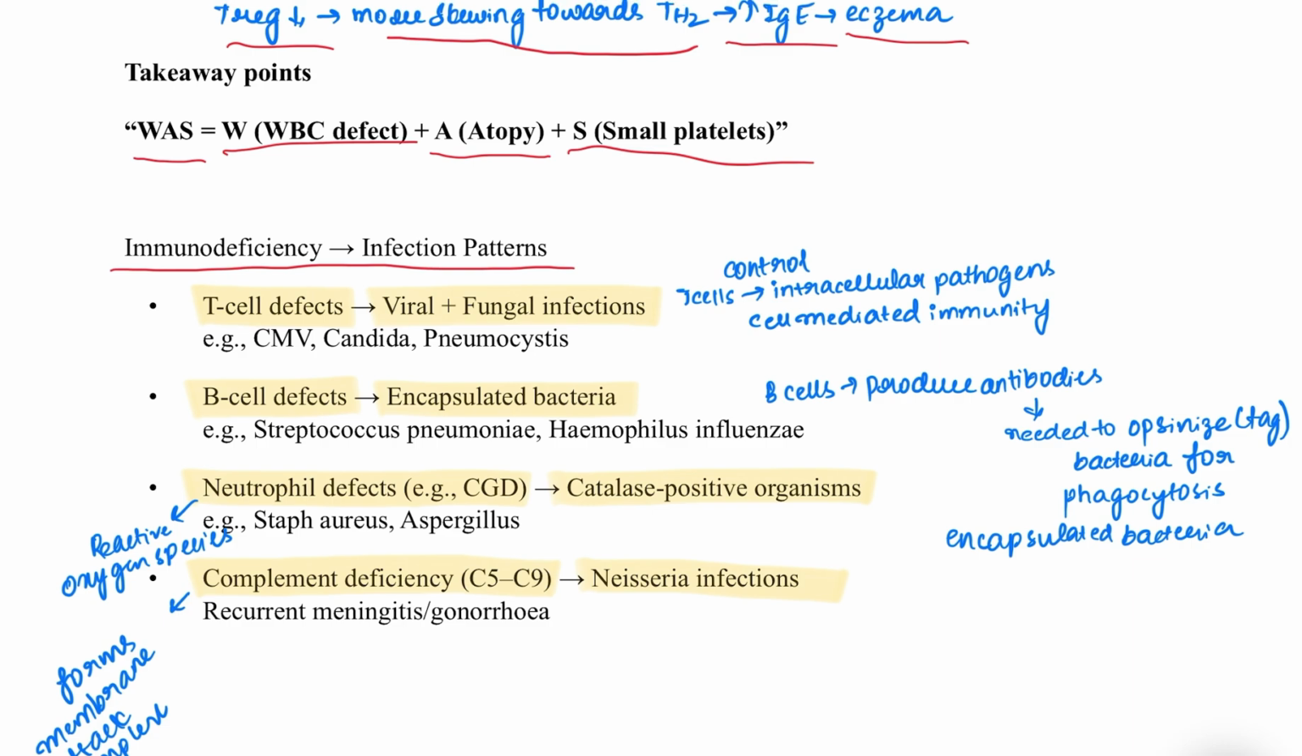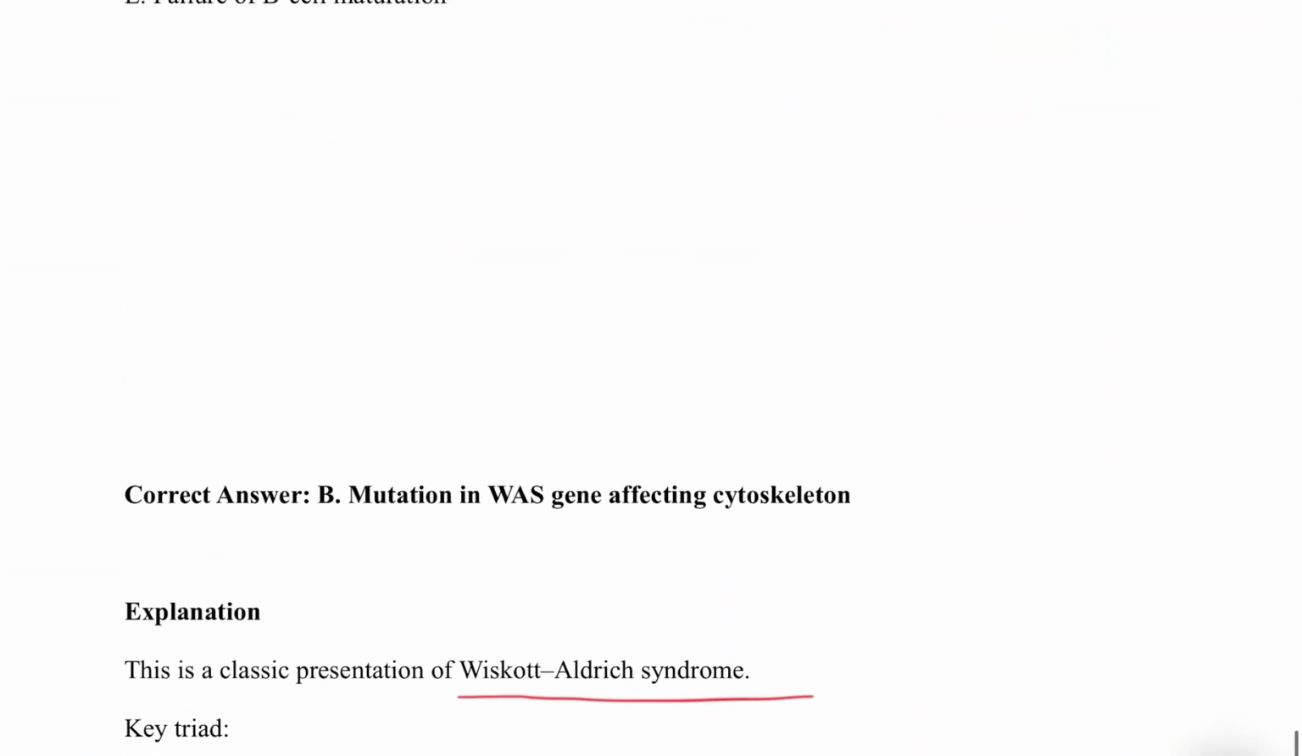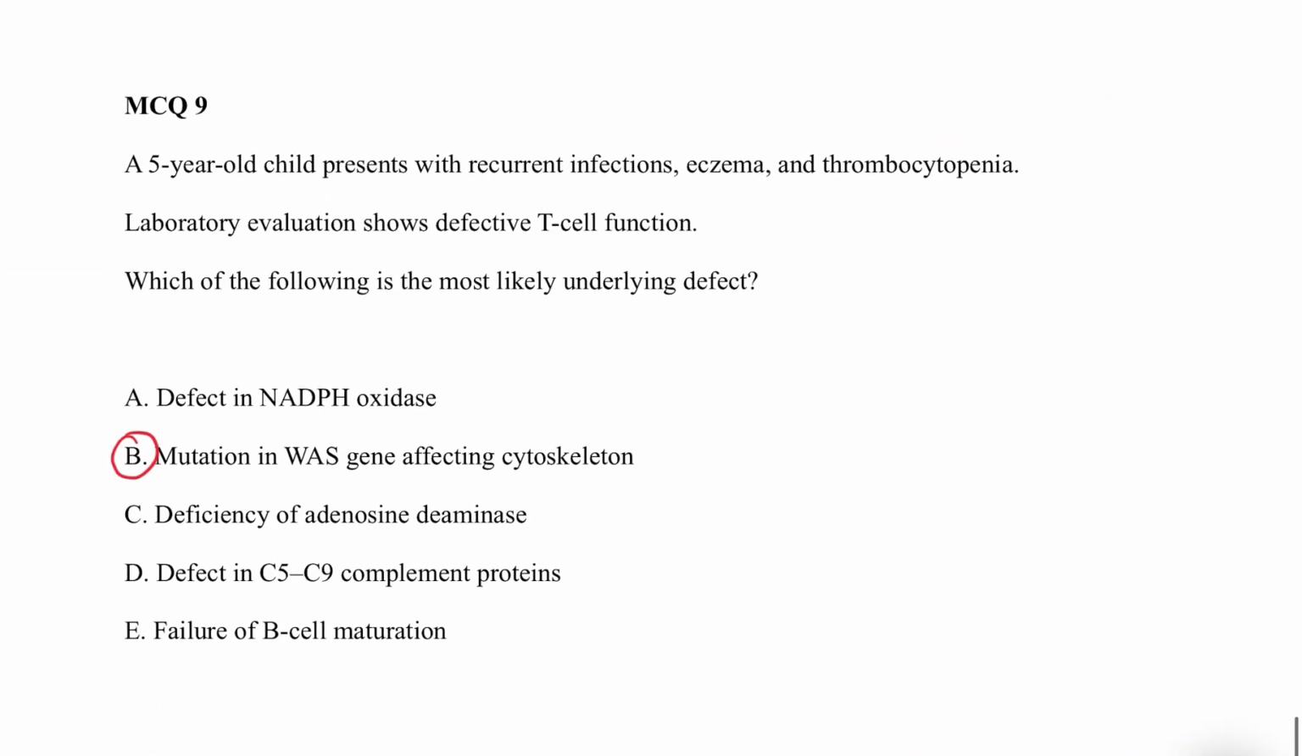The complement C5 to C9 forms the membrane attack complex, which will form small pores in the organisms, and finally leads to removal of this organism. If there is a deficiency of this membrane attack complex, it will cause Neisseria infections leading to recurrent meningitis and gonorrhea. So these are the important points in this question. So Wiskott-Aldrich syndrome causes recurrent infections, eczema and thrombocytopenia. So these are the important